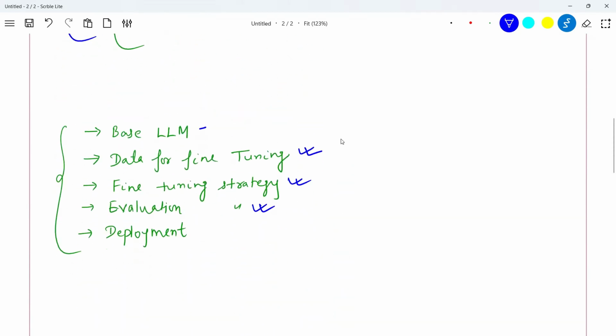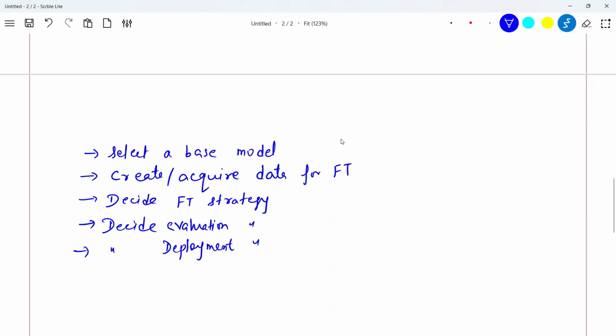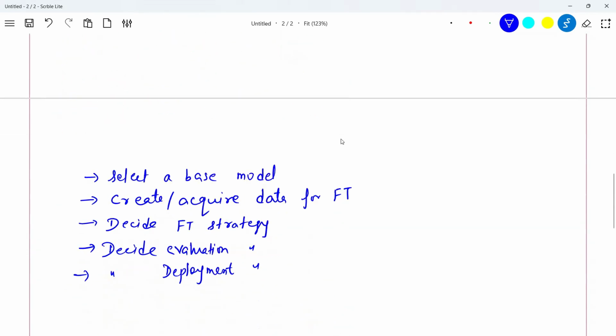Similarly, you will decide your evaluation strategy and your deployment strategy. You might be thinking why Aman is putting a lot of focus on these points. The reason is that in all of these, there are different ways to do it.